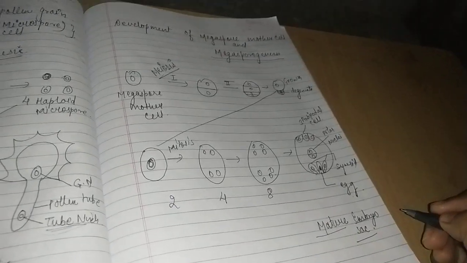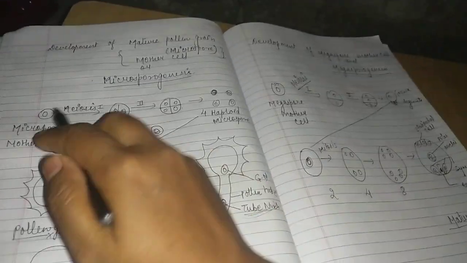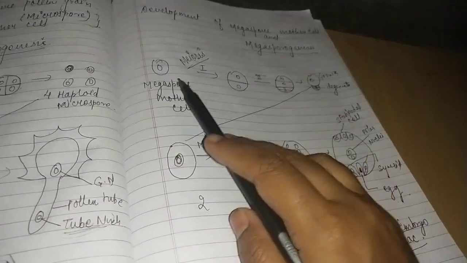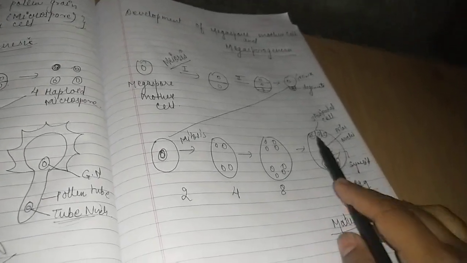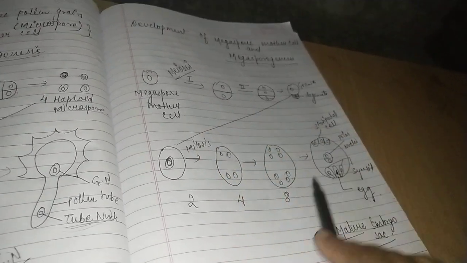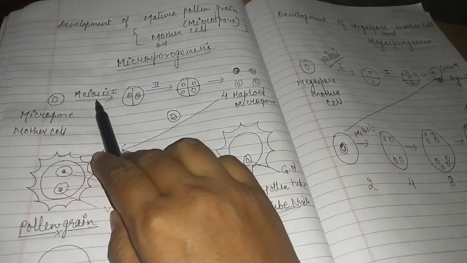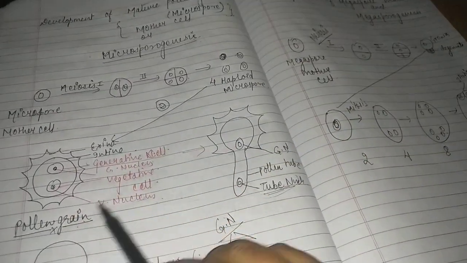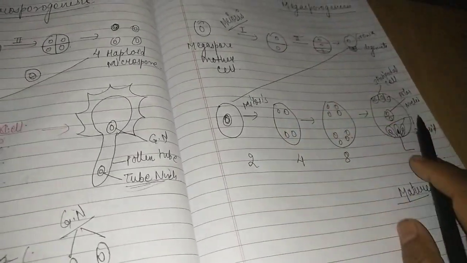I think it is clear to you. Once more I am telling you, it is the same. Here the microspore mother cell shows how the pollen grain forms, and here is how the embryo sac forms inside the ovule. This is the simple process. Microspore mother cells, meiosis first, meiosis 2, 4, the 4 become pollen grains, and the pollen grain has the 2, 1. Then it enters the pollen tube, and here also.